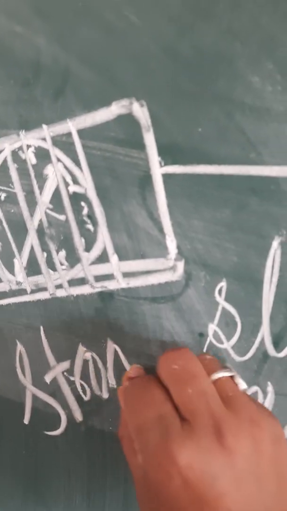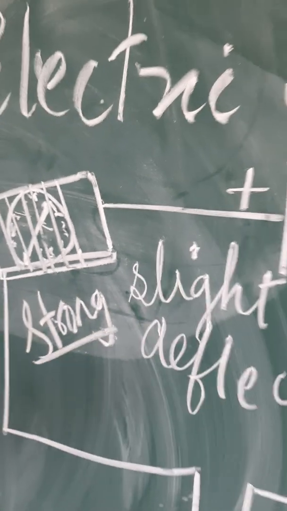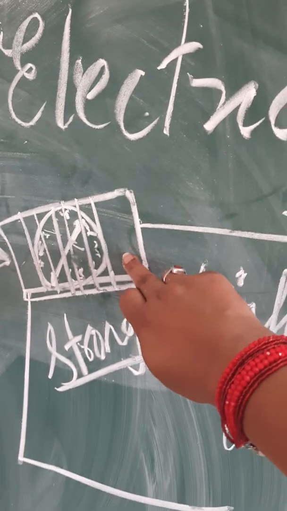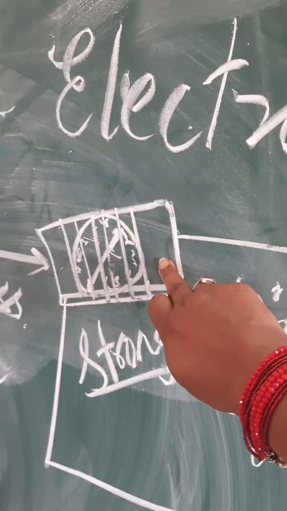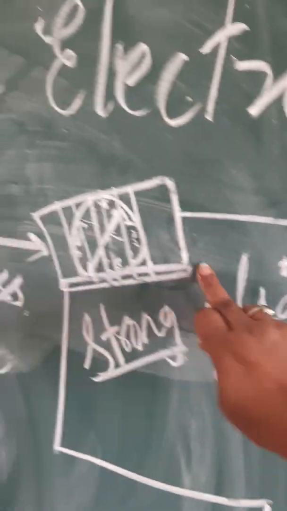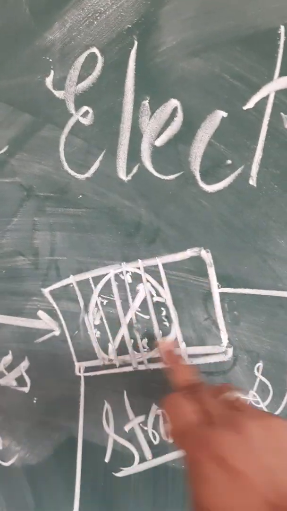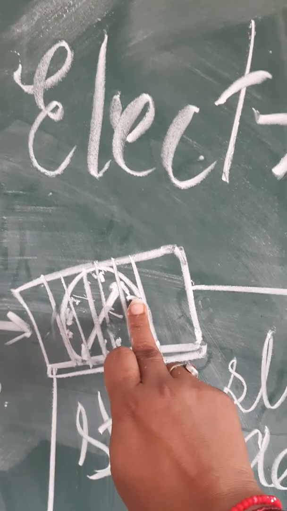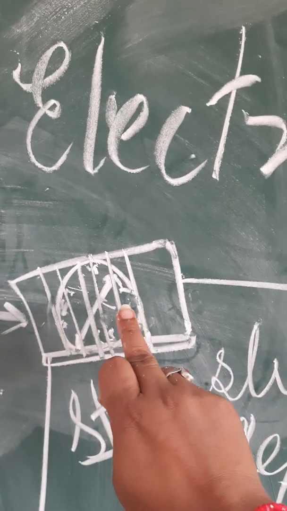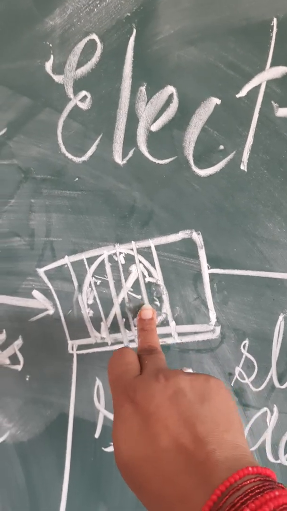So similarly, based on the deflection of this magnetic needle or compass needle, you can say this magnetic effect is visible. If a current is flowing in a circuit, this particular deflection will be seen in the compass needle. I have to deduce whether the liquid is weak or strong. That I can do by seeing the deflection over here.